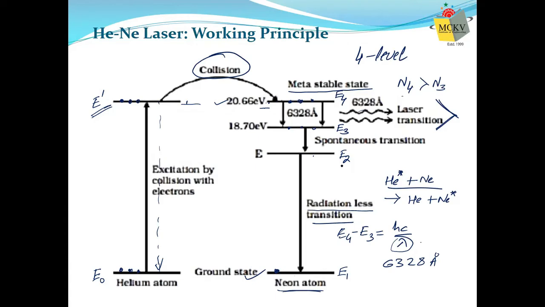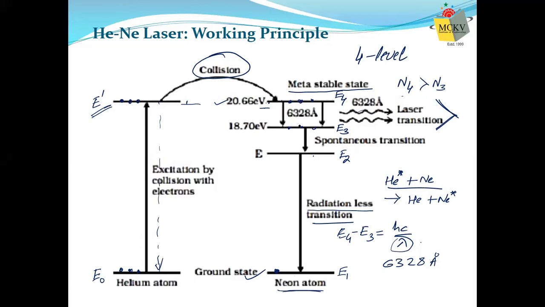Now helium neon laser is a continuous laser because pumping is done by a continuous process. So we are getting the light energy in a continuous manner. So helium neon is a continuous laser, not like ruby laser. And another problem is also solved: now the ground state is not involved in the lasing process. E3 and E4 are involved. So the ground state is not involved. Therefore, both of the problems are now overcome.